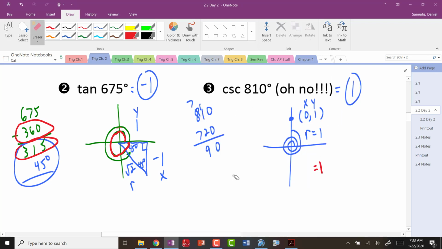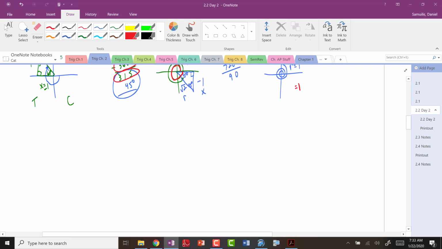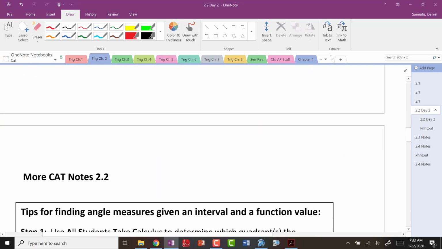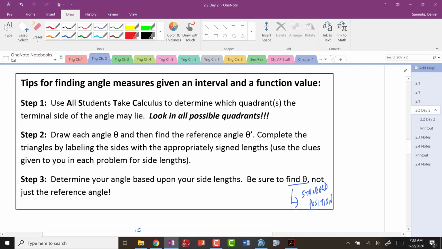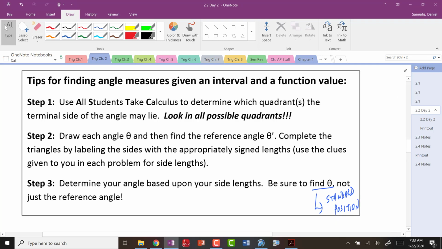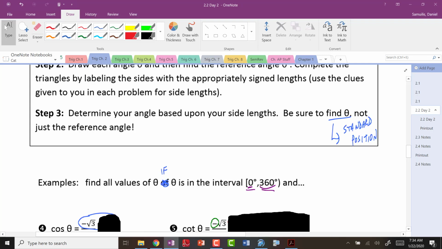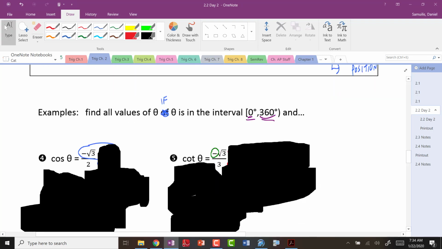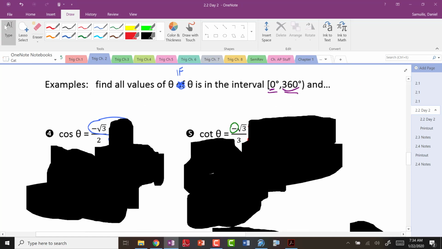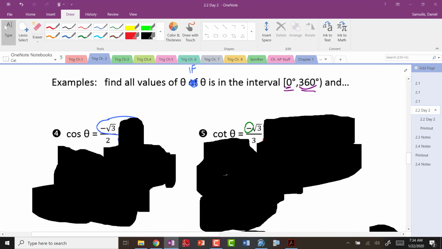All right, so that's review from yesterday. Today, I'm worried about these kind of questions. Okay, fine. Look at these directions. This is exactly what I'm going to go over as far as how you do these. Now let's analyze these two questions. Find all values of theta. So what I'm finding? I'm finding the angle measure now